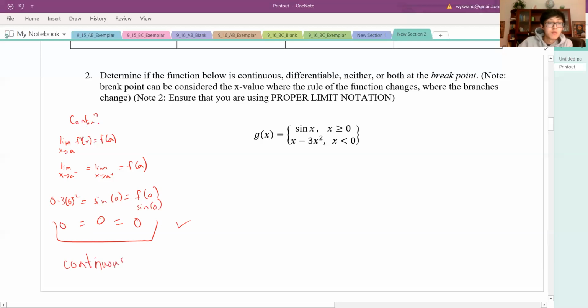I just gave the answer. Well, whatever. So it is continuous. But now we're going to test differentiability. So differentiability